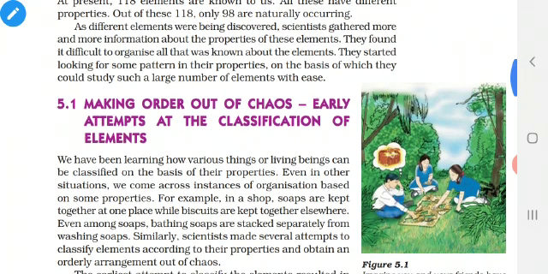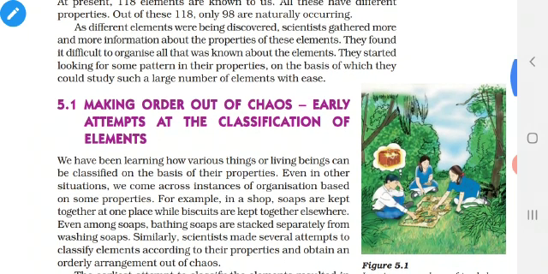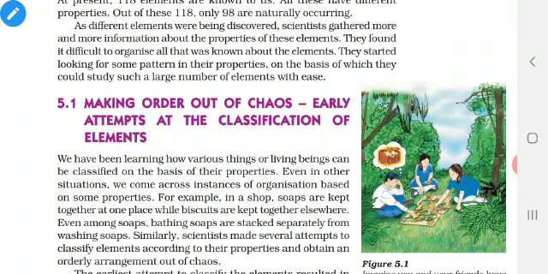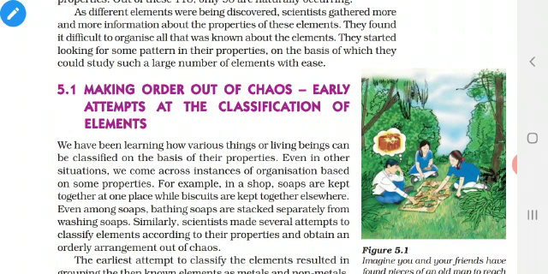So we have to group these elements. For grouping these elements, we need a pattern. What is meant by a pattern? There should be some uniformity among the elements. For example, consider a school. In the school, children at the age of 3 will be admitted in pre-KG. If they are 4, they will be admitted in LKG. 5 means first standard. So there is one age criterion, and based upon the age criterion only, students will be admitted in different classes, isn't it?